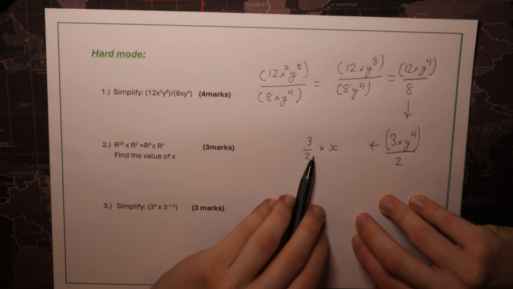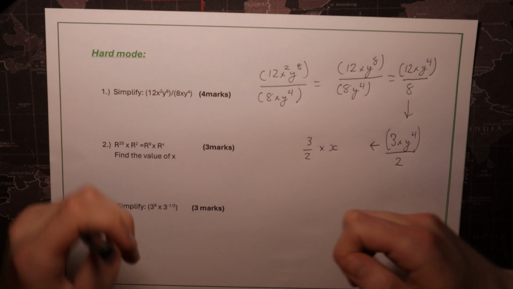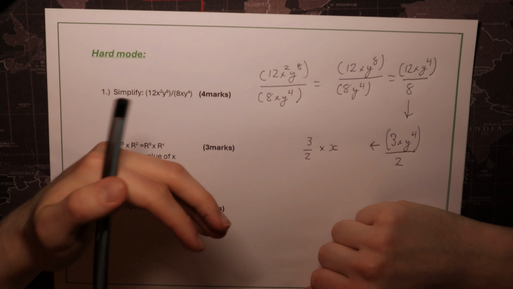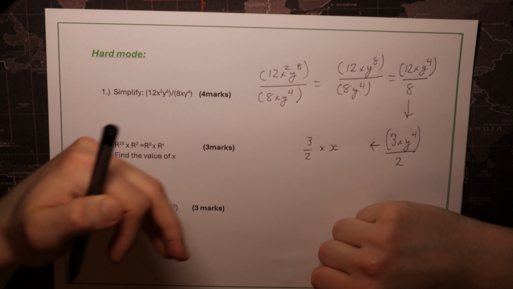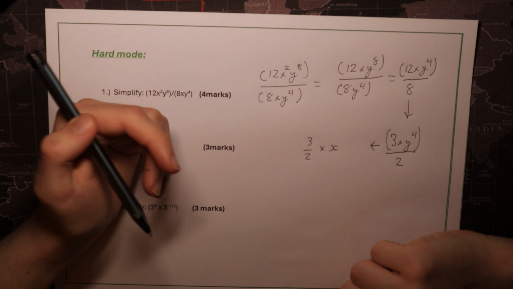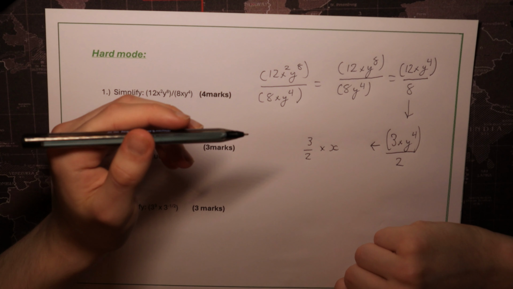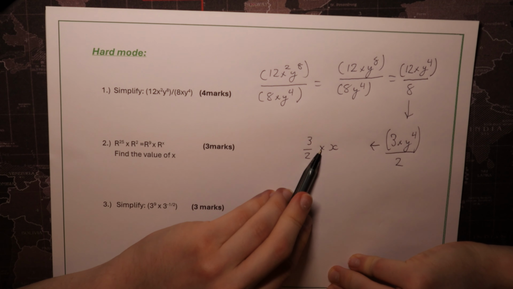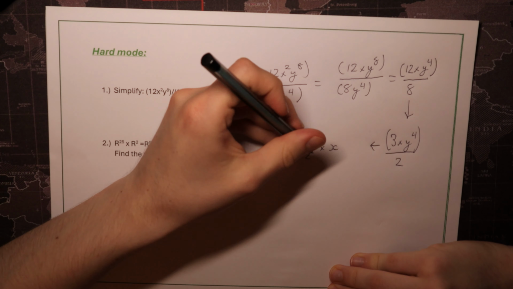It's just good because the examiner will maybe get a bad quality image of your GCSE exam. Therefore, they may not see the difference between a times and an x if you don't have good handwriting. I'm talking here, of course, from experience. So it's good to have a different style of writing x and a times symbol. And then you can just put times x,